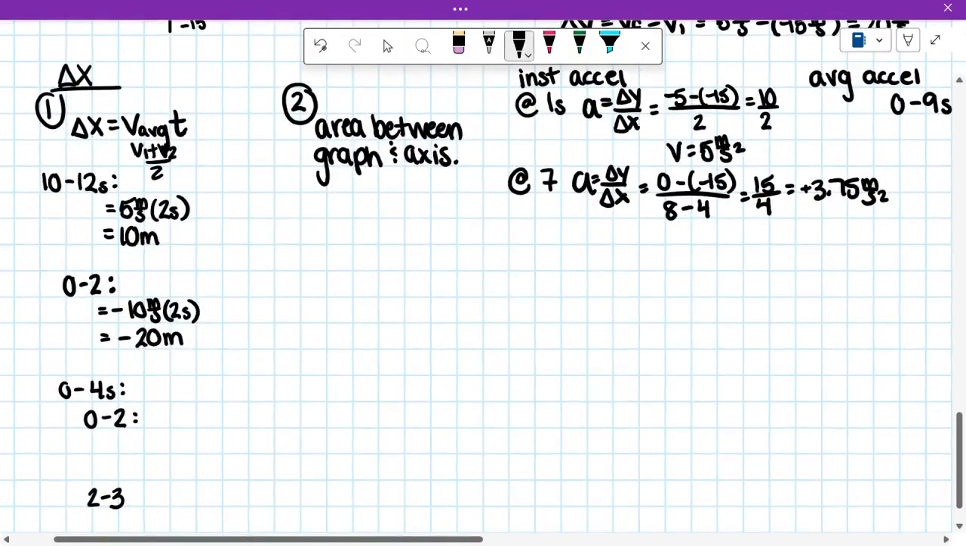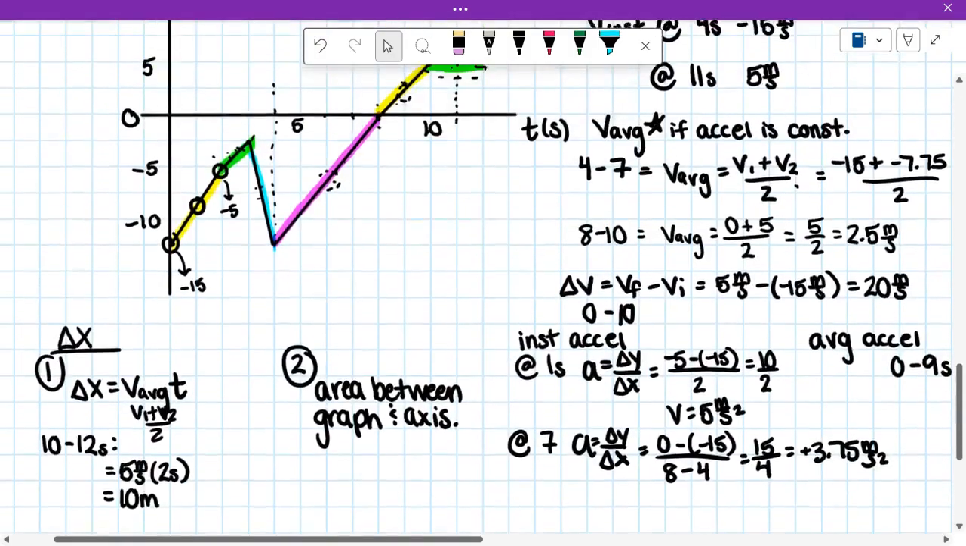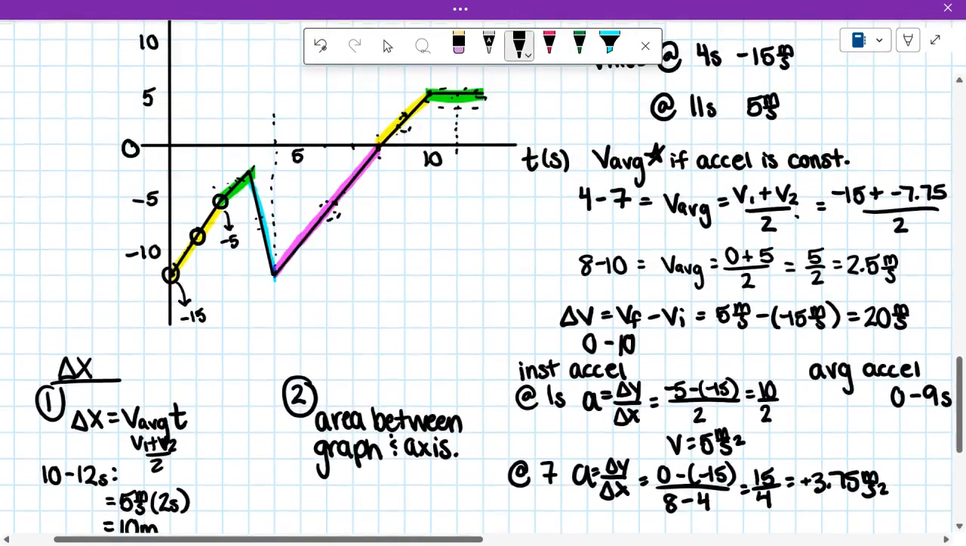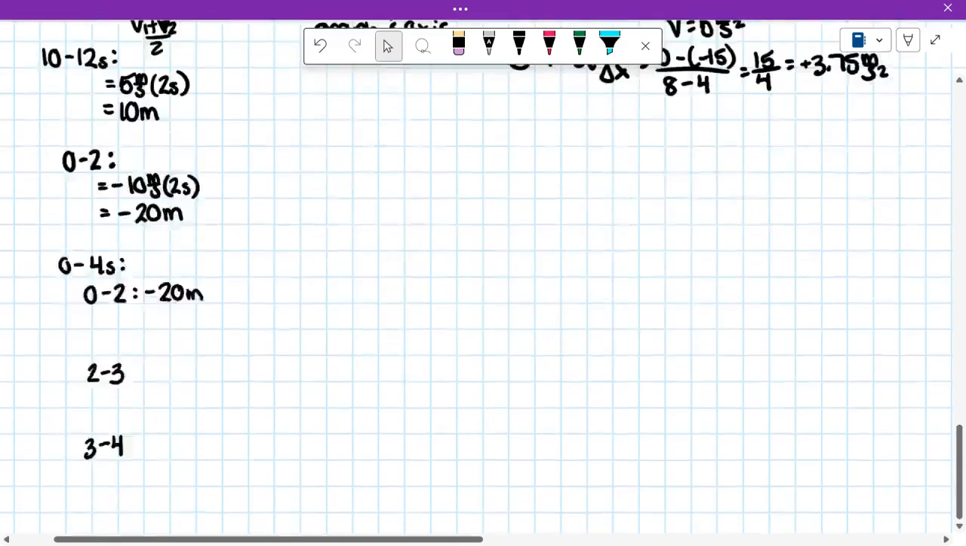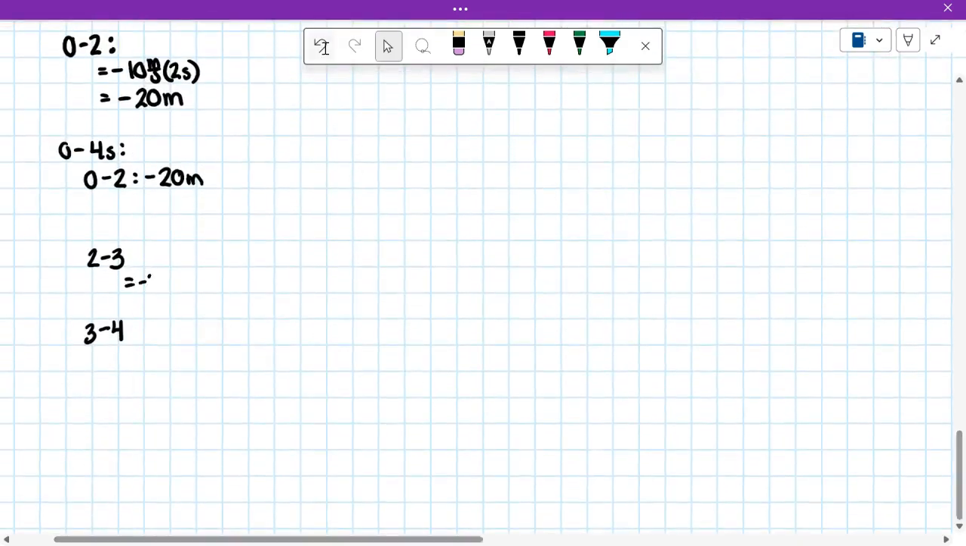Luckily, we already found 0 to 2, right? We know it is negative 20. From 2 to 3, I have a velocity of negative 5 and a velocity of negative 2.5. So negative 5 plus negative 2.5 divided by 2. My average velocity is negative 3.75 times 1 second. So negative 3.75 meters. And then from 3 to 4 seconds,